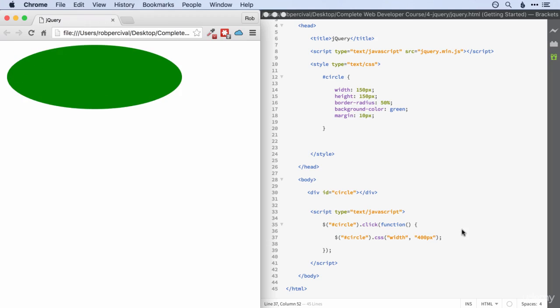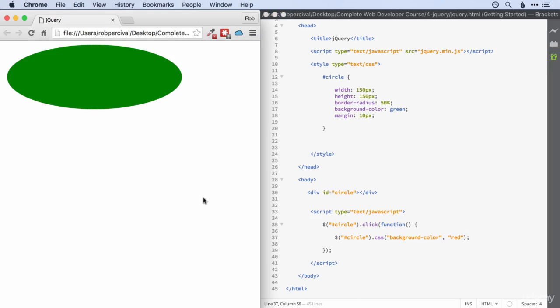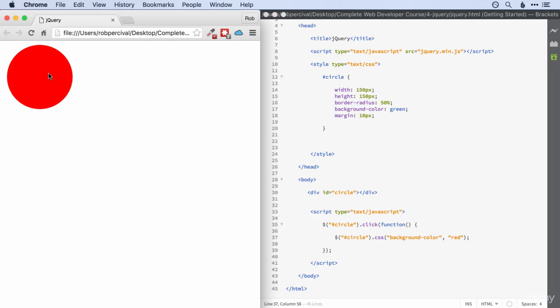So could you, for example, change the background color to red when it's clicked? Go for it. Hope you got it. It's just a matter of changing background color to red. Simple as that. There we go. So it's super simple, and you can experiment as much as you like with changing different properties